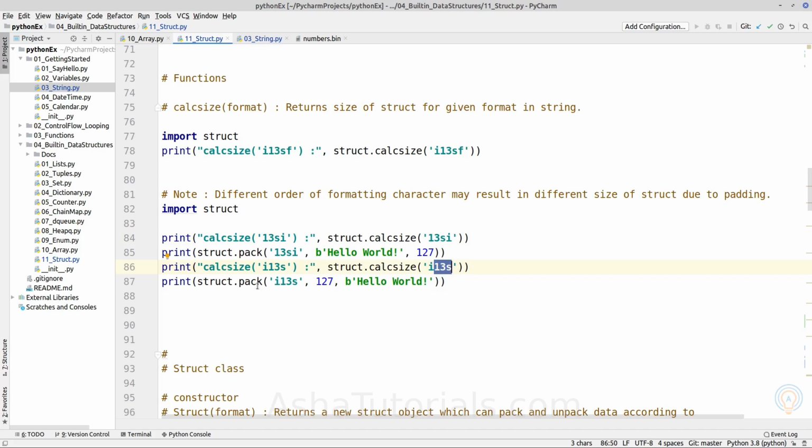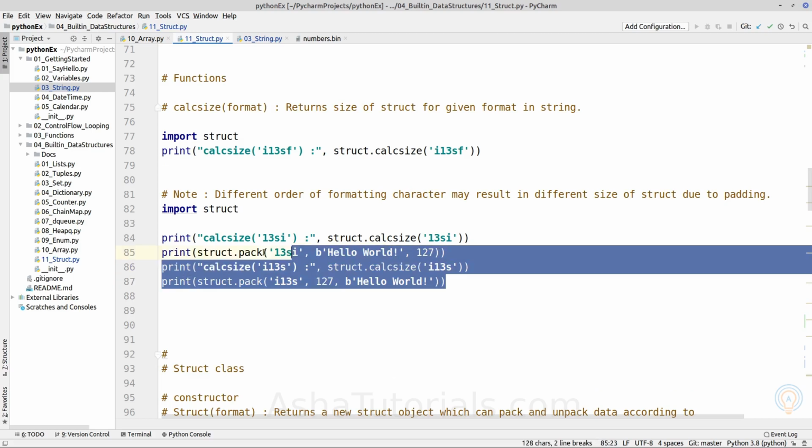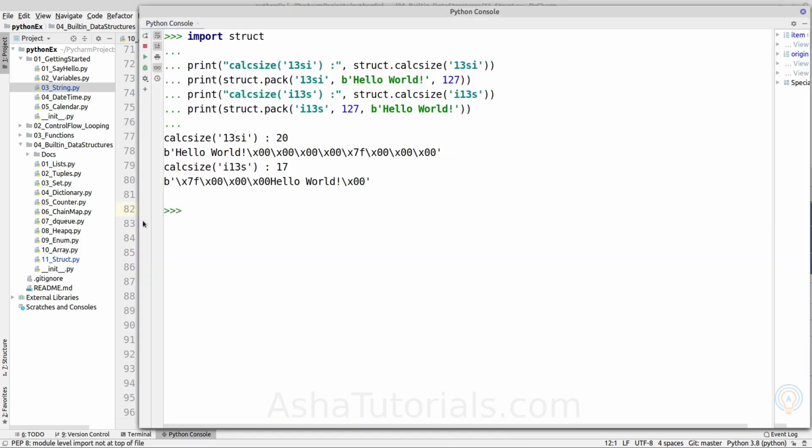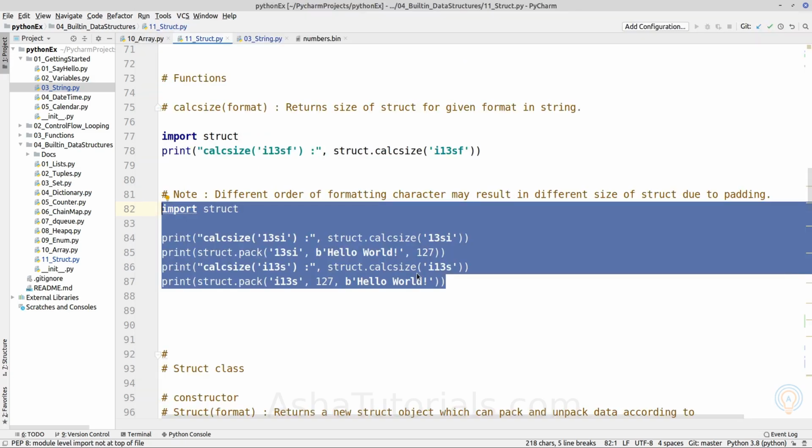If we calculate the size for both structs having two equal elements but in different order, it will return different sizes because of padding. Here we can see at the end of the 13si format, it is appending 3 more bytes. Depending on the order, it may increase or decrease the size of the struct.